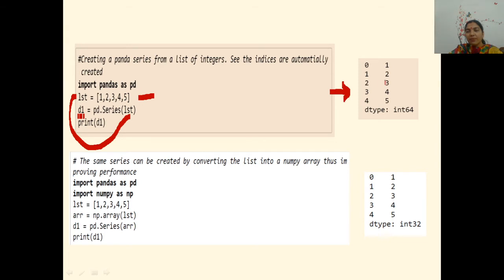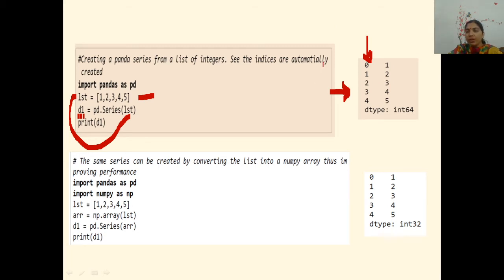See it here. 1, 2, 3, 4, 5. You know something is added here. What is this? This is something new added here. It was not earlier in the list. Yes, this is called the index or the data labels.